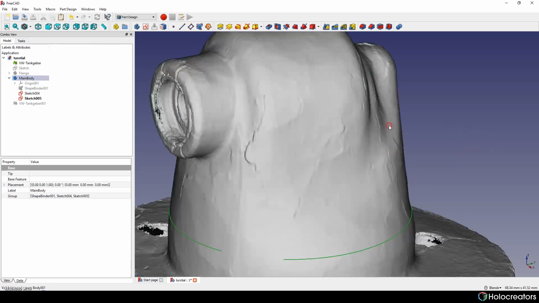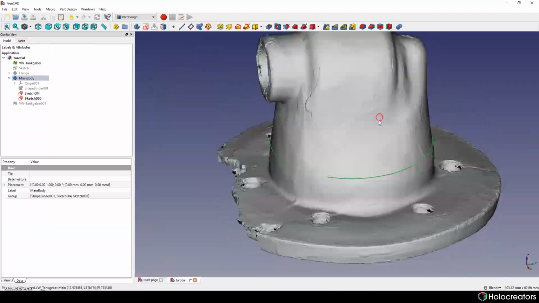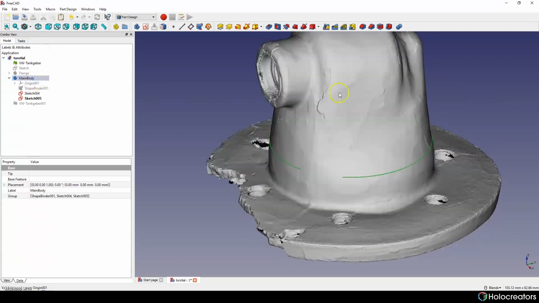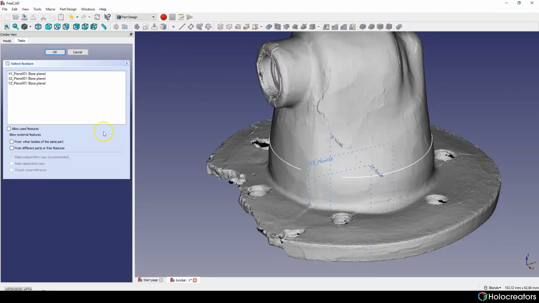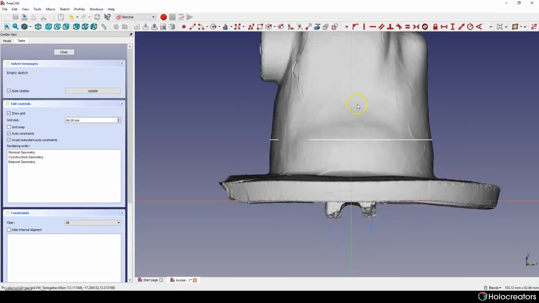So we will need to create a new sketch just by pressing, and we need to position it on the XZ plane.